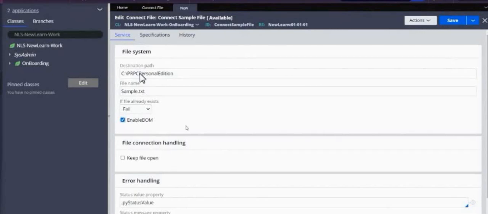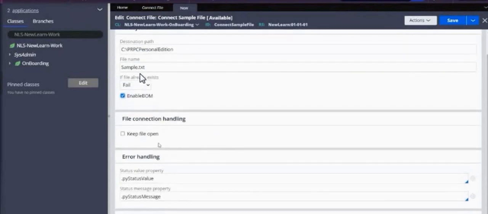Then we have something called file connection handling, keep file open. When you select this checkbox, your file will always be open for Pega. Even though you don't open it in your system, Pega treats the file as opened, so you cannot modify or edit anything on it.